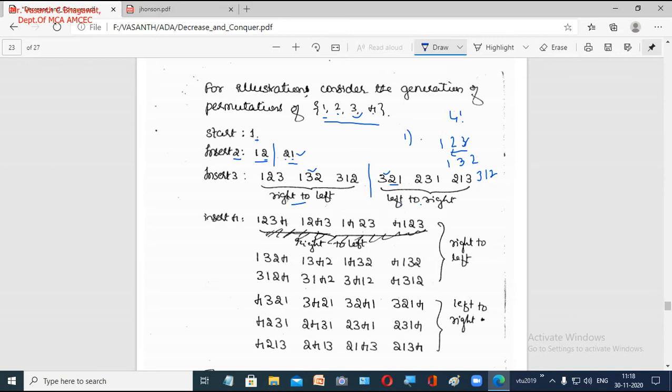Now we take the fourth number, the next number 4, from our set. Now we start generating the permutation. Permutation means what? The different ways in which you are going to arrange the numbers. Now you are going to arrange these numbers. What are the different ways you are going to arrange them? So now we will take the first numbers 1 2 3 and the new number is 4. Now we are going to insert this 4 from right to left. So first 4 comes here. So the first permutation you get is 1 2 3 4.